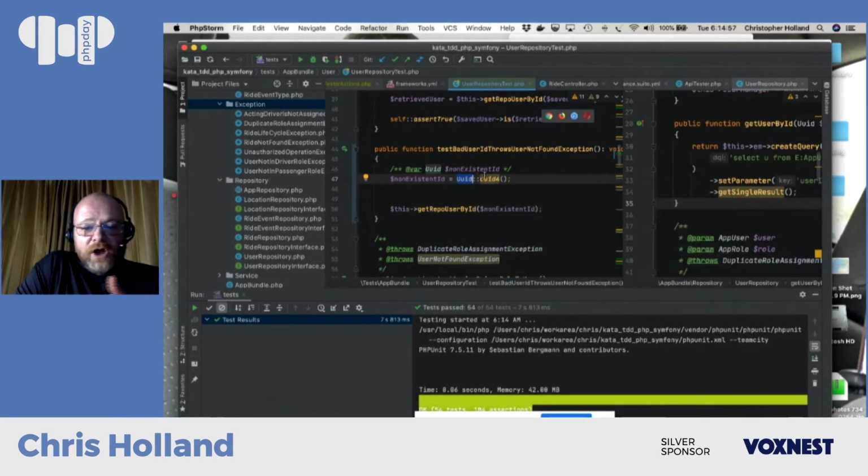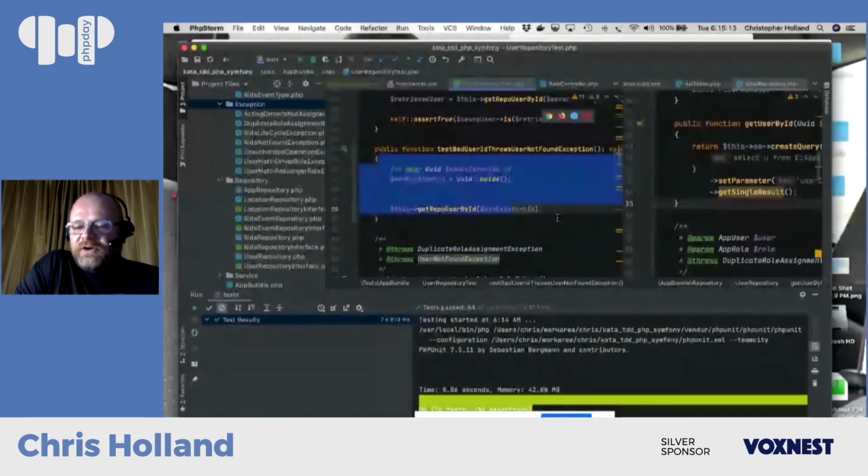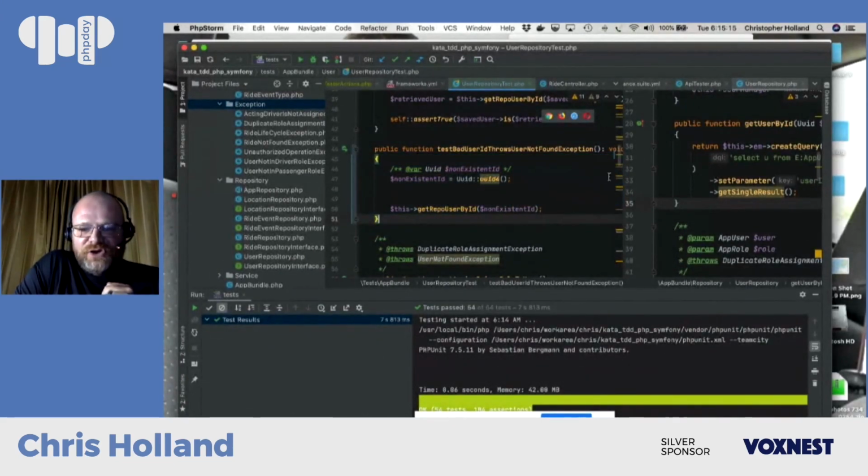I'm just going to say, create a new UUID, which I'm going to save into this variable, and I'm going to pass this non-existent user ID to my get repo user by ID. I literally don't have any user in my data store. By the time this test runs, there will be no user in my data store which has this UUID.